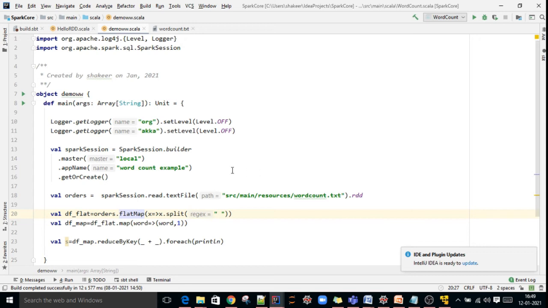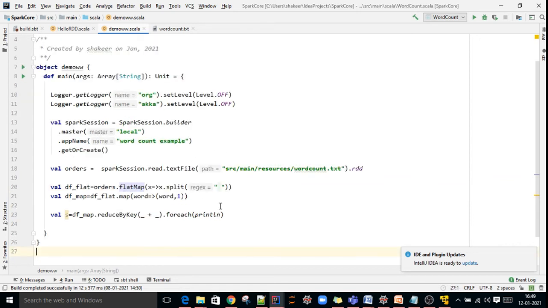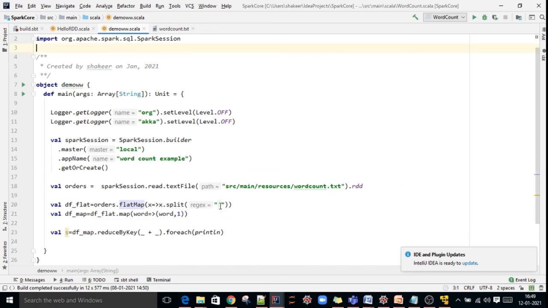So the word count in Spark shell looks like this, and in IntelliJ it looks like this. Once you get some requirement, first you develop the logic and run it command by command in Spark shell. Once the output is fine, you come to IntelliJ and create an IntelliJ program. This is all about Spark shell.